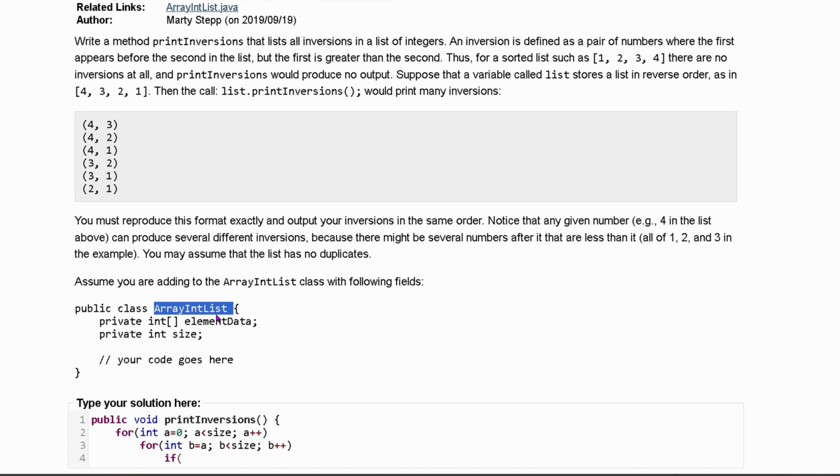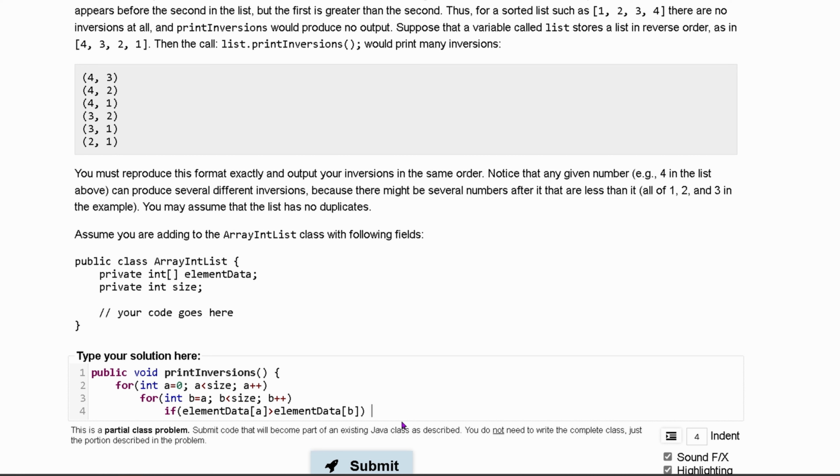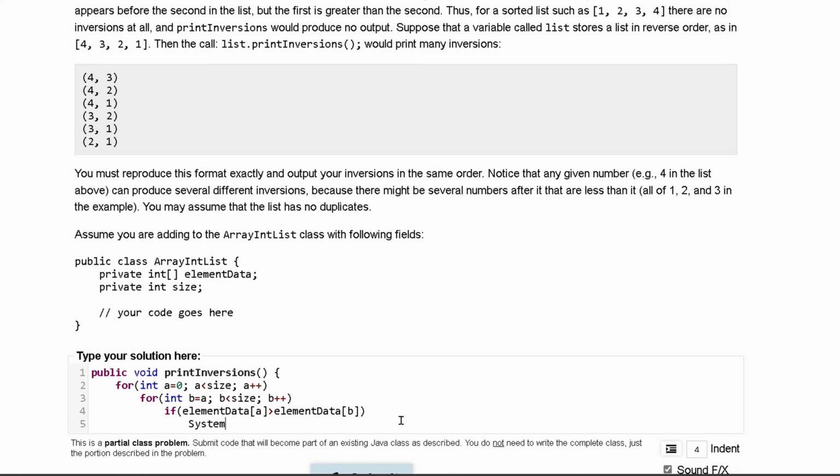Now we're just going to have an if statement to do our condition checking. So we're going to say if our element data, then we're going to get our a value first. If a, remember it has to be greater than this, then we're going to print it out. So if a is greater than our element data at our current b index, then we're going to do, and I'll just write this on the next line. You could really do all this code on a single line, but just to keep it nice and neat,